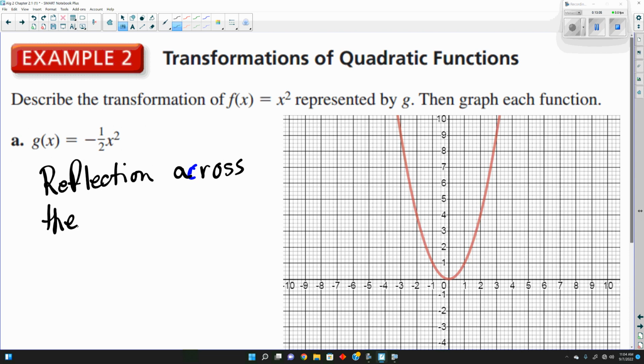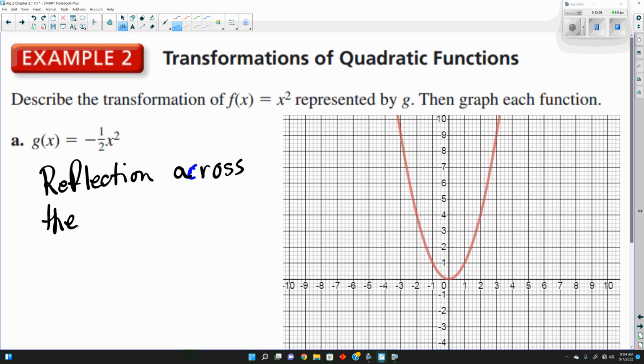And the two axes that it can reflect across are x or y. It's one or the other. We're not going to be dealing with too many where we reflect across the origin, but it could be both, as if there's a negative outside parentheses and inside. Yes? So if it doesn't have parentheses around it,